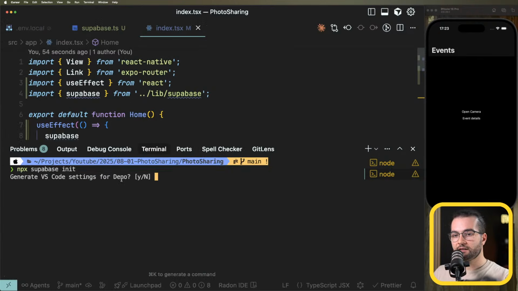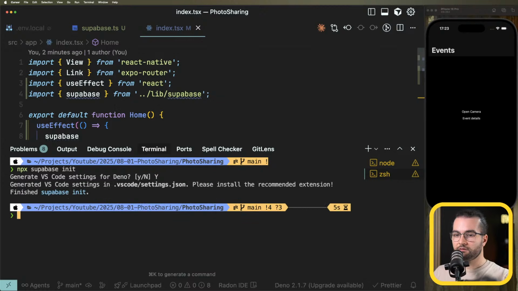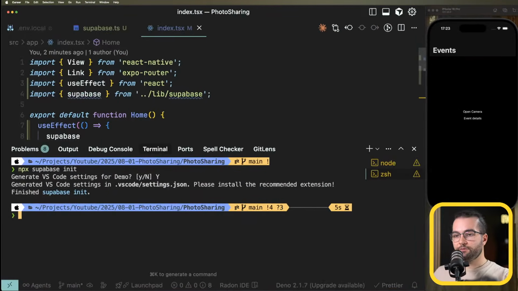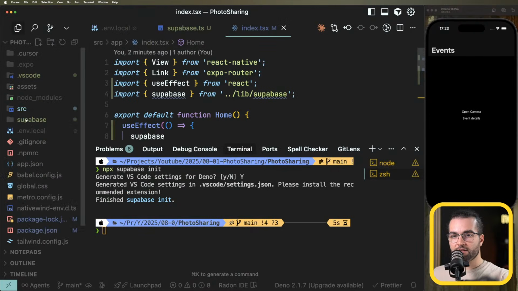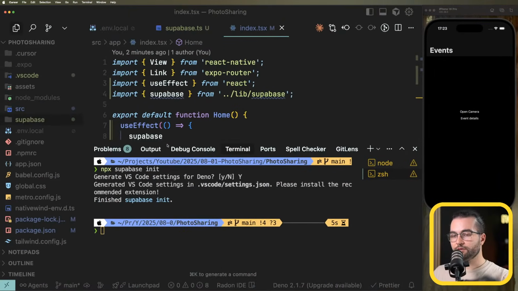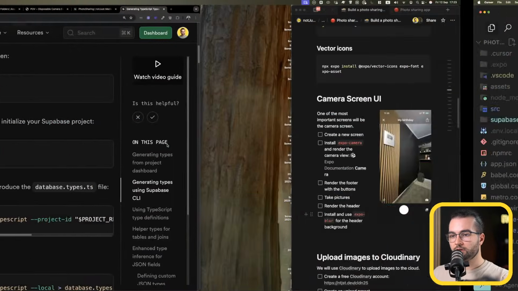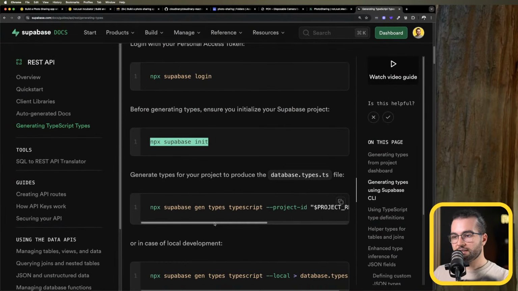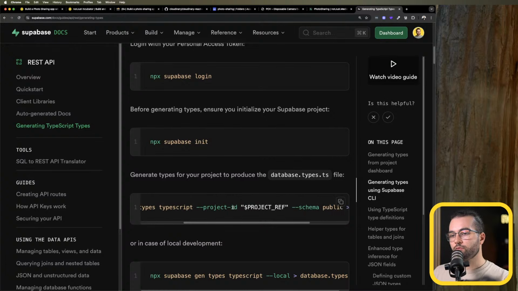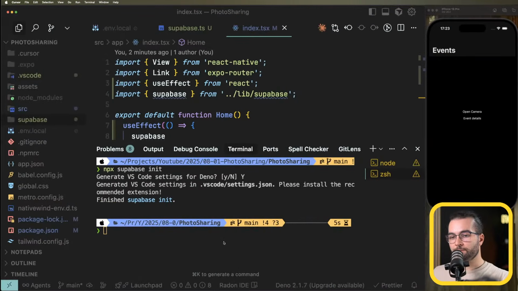Supabase init. Let's do yes, maybe. Yeah. And that already created a Supabase folder for us. Nothing much there for now. But the next one is, yeah, we need to provide here the project ID. But if I run another command called